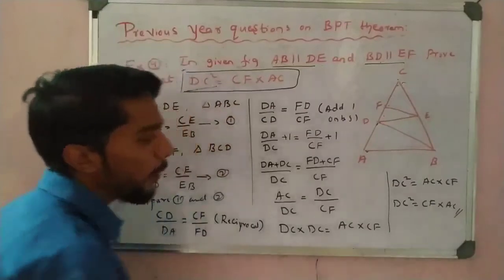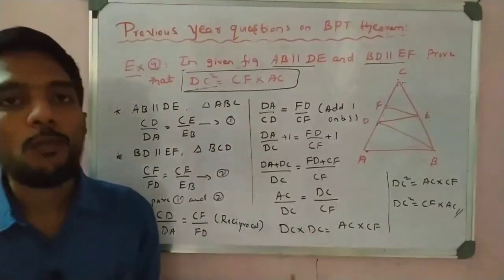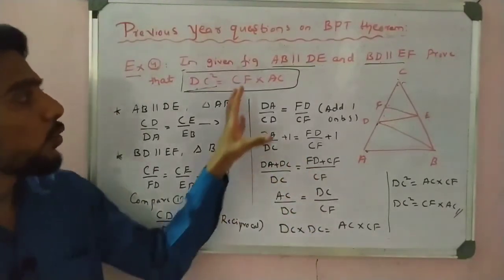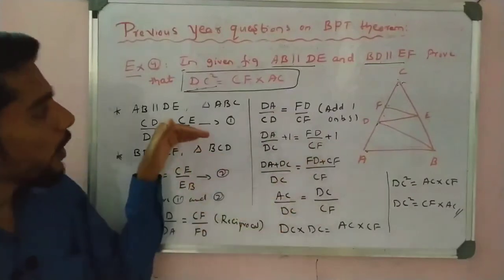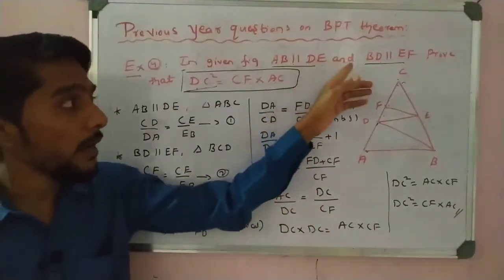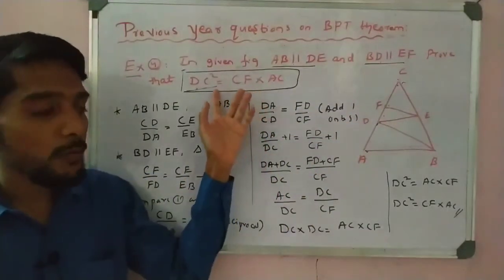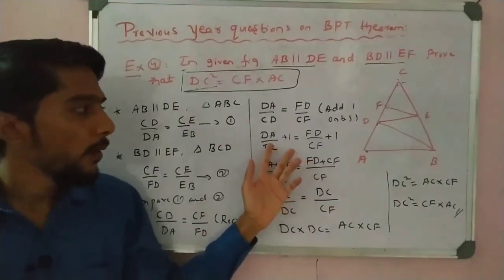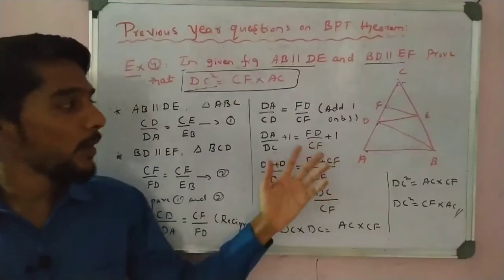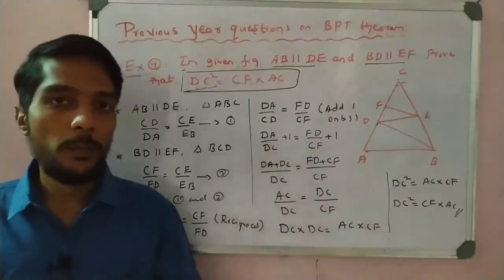So both sides match. Students, this is the required solution. This is actually a new type, but the same concept, there is nothing new. Here we must do the plus 1 carefully. In such questions you have to follow this rule. First select the triangles using the parallel lines, and then we get equations, compare them. If such equations are given, try this method: make the reciprocal and add one on both sides, or sometimes subtract on both sides, but in this case we can add on both sides. That is all because of practicing problems.